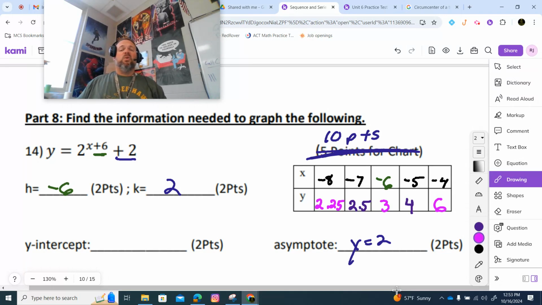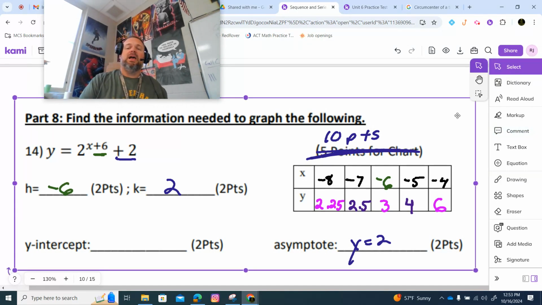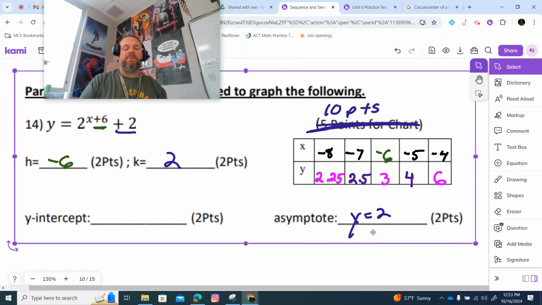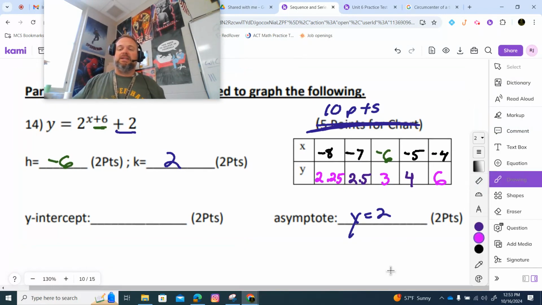Now, we do not have a zero right here in our chart. Oh no. So, is there anything keeping us from actually plugging in a zero into that formula? Are you sure? Okay, because you know what? This is what's going to be funny. Somebody's going to ask me between now and Friday,